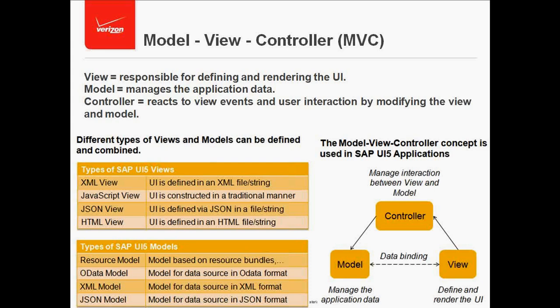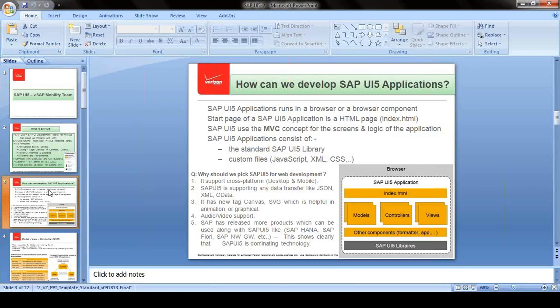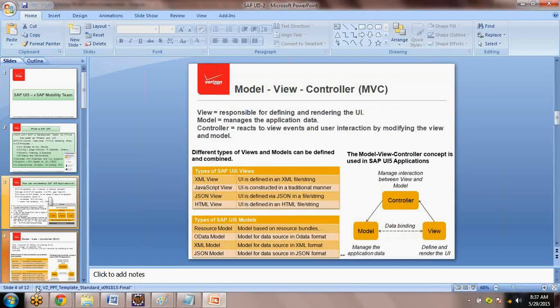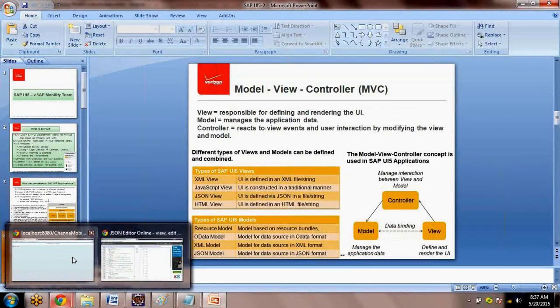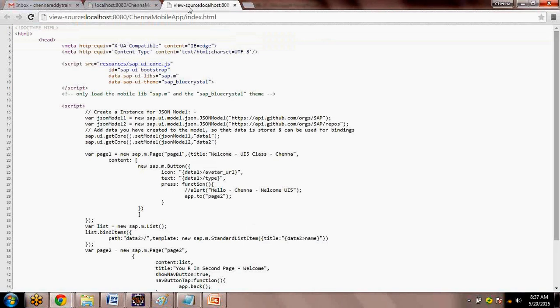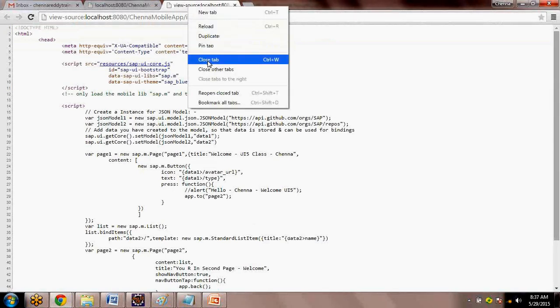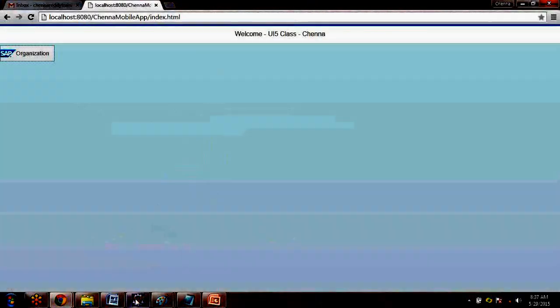But my point is, let's use XML or JavaScript. Why XML? The reason is, if you are using HTML, you can right click on the page and view the source. Everything you can see. If it is XML, at least people cannot understand it; it's not that easy to understand XML. That is the first thing.